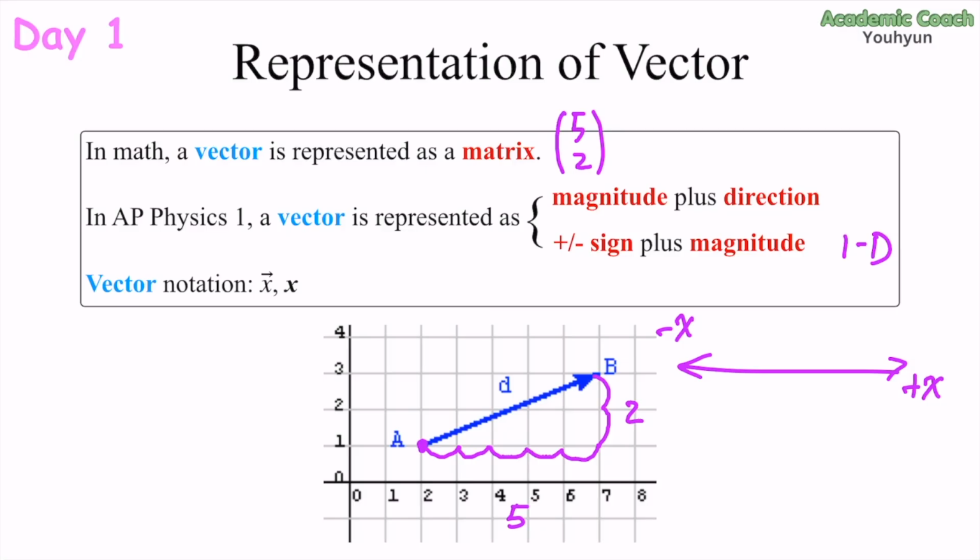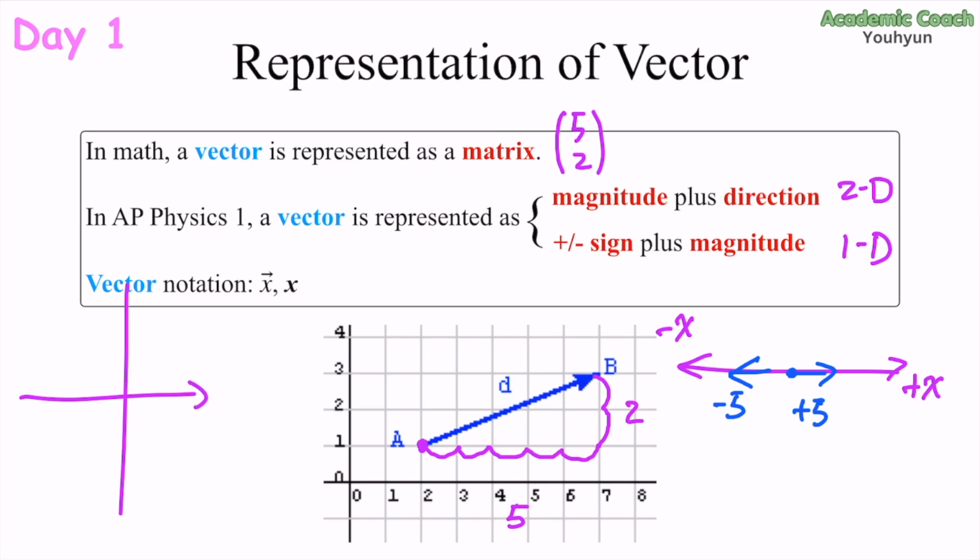Then in such case, you can claim that this is a vector of positive 5, while this is a vector of negative 5. So along one single line, positive sign and negative sign is enough to represent direction. But if it's two dimension, then you need to be more specific. If it's two dimension, let's say there is both